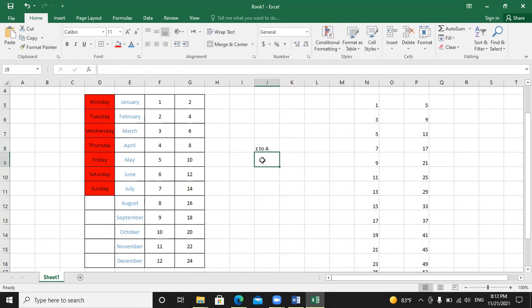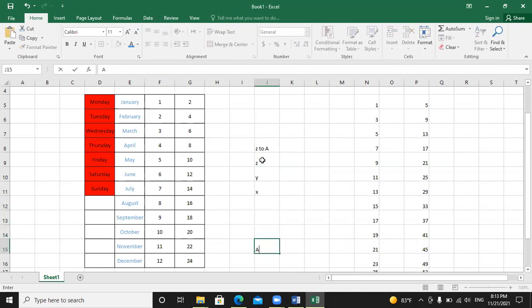What is the largest here? Largest is Z. After that Y will come. After that X, and so on. It will continue. What will be the last one?